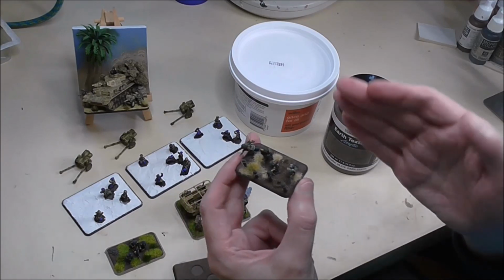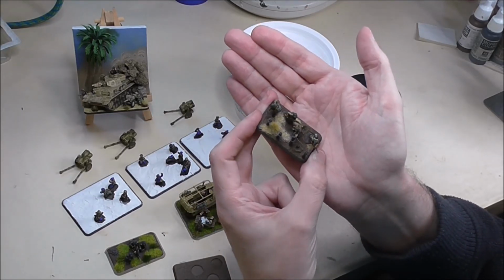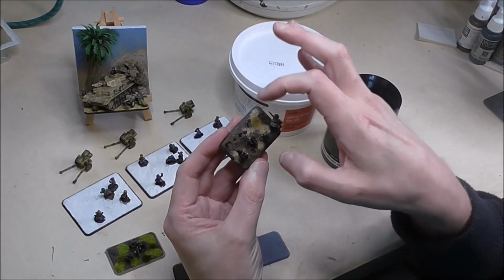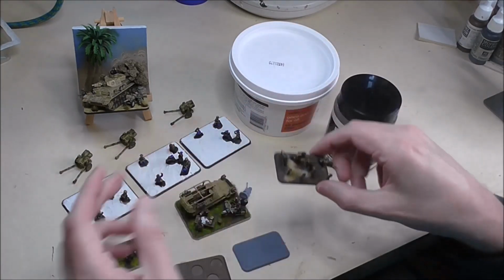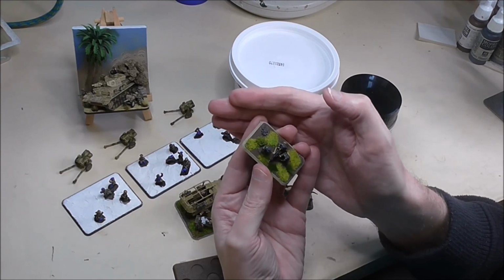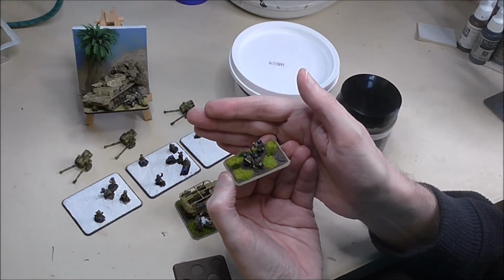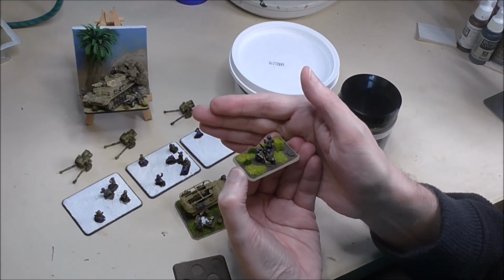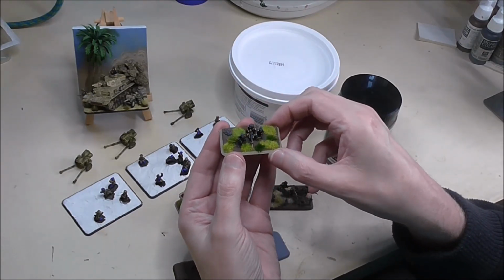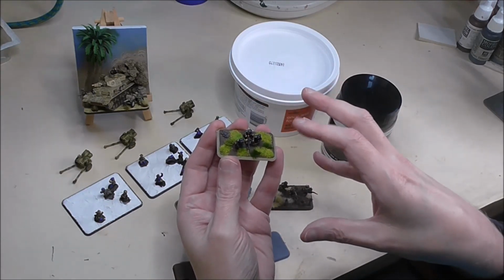So here we've got a very dark base colour with a lighter uniform colour and then an even lighter ground cover colour, and there are three different varieties of lighter colour in that ground cover. And then over here we have dark ground cover, light saturated kind of ground cover, and then a lighter, kind of in the middle colour, lighter than the ground, darker than the grass for the uniforms. So these all work together so that close or far away you can distinctly see the shape of the base, and it's got a bit of interest because it's not just one colour, and you can see the figure